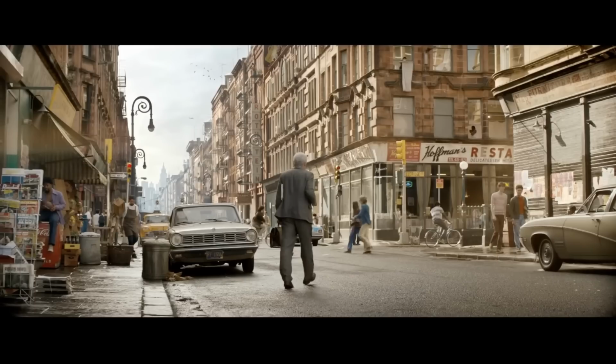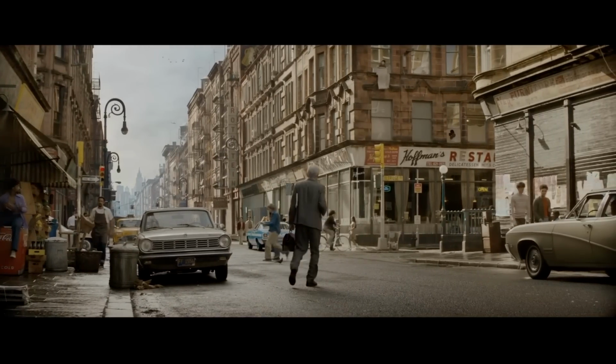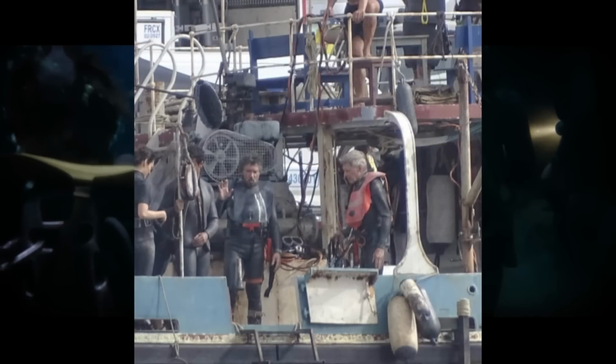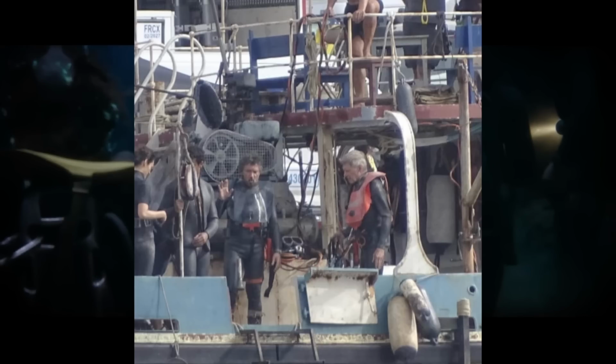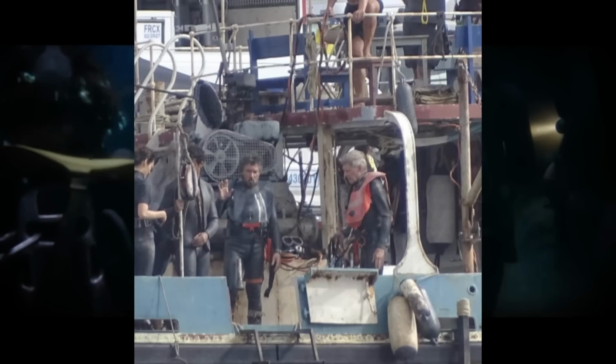Now, the next plot point I want to talk about is one of the bigger ones. We see Indy and two others, possibly Helena or Antonio Banderas' character, diving underwater. Now, we know from previous set photos that these three filmed on a boat in wetsuits on the port of Marsala in Sicily, Italy. Now, they appear to be coming up on some sort of shipwreck,